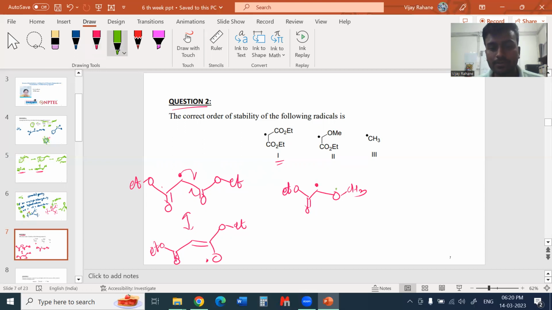The lone pair of electrons helps to stabilize this radical, right? So the lone pair of electrons present on this, so this radical is getting stabilized in this one radical. And in this third case, this CH3,